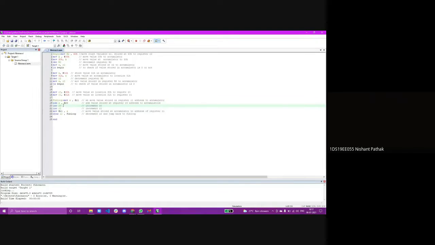Then incrementation of R0 and incrementation of R1 happens. So R0 will become 31H, and in R1 the location 32H will be saved. Then again we move A into the location of R1, and the loop starts again.